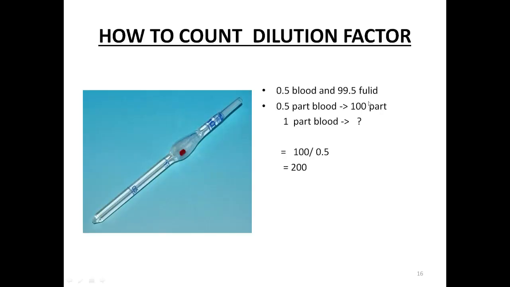Another way you can remember that is, you can also say that the final volume which is achieved, because you already discarded up to part 1, right? So remaining is 100. So final volume which you achieved, that is 100, right? And divided by the original volume of the blood which is taken, that is 0.5 pure blood, right? So that comes to 200.